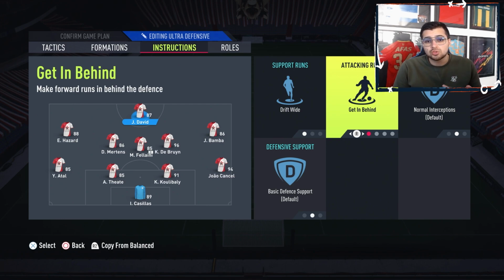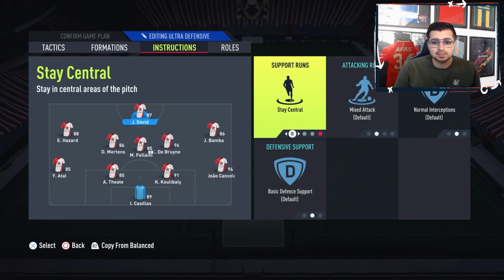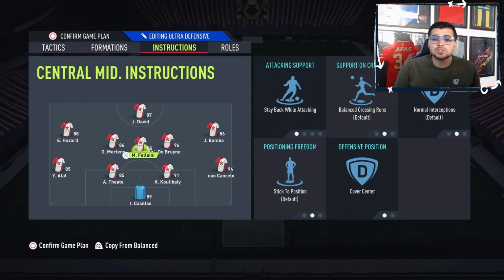You can always try, like we showed you previous year, to play a long ball to the wing and then head it on towards your striker supporting and getting in behind. But mainly you just want to use mixed attack and stay central. Then for the central midfielder, you want to use stay back while attacking and cover center. You want to have that one just sitting back and supporting